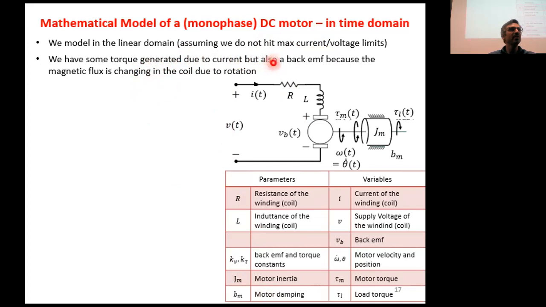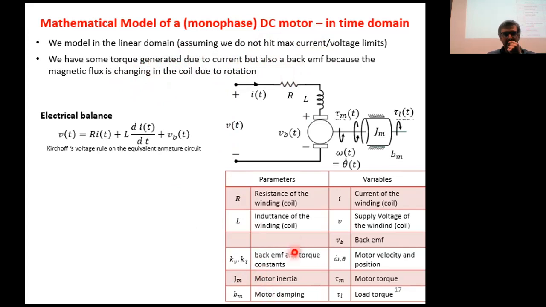But we also have, if you remember, the motion of the coil inside the magnetic field B, so there was also a back EMF, because the magnetic flux is changing in the coil due to the rotation. So if you do an electrical balance, that is, applying Kirchhoff's law on this loop, let's say we are powering the coil of the motor with an external supply voltage. We have that the supply voltage